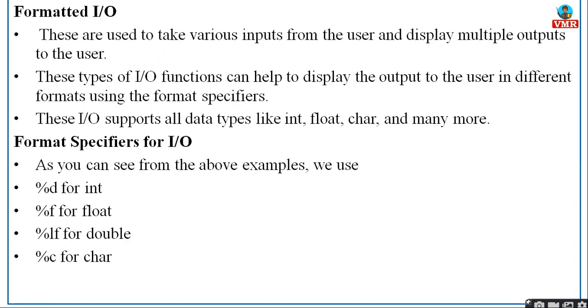Next, what is formatted IO? Formatted IO is nothing but formatted input and output. When you are trying to read an input or display some output on the monitor, it should follow some formats. Each data type has its own particular format specifier. If I try to display an integer value, I need to give the %d format specifier in your printf, or if you want to read an integer value into your program, then you need to use %d in